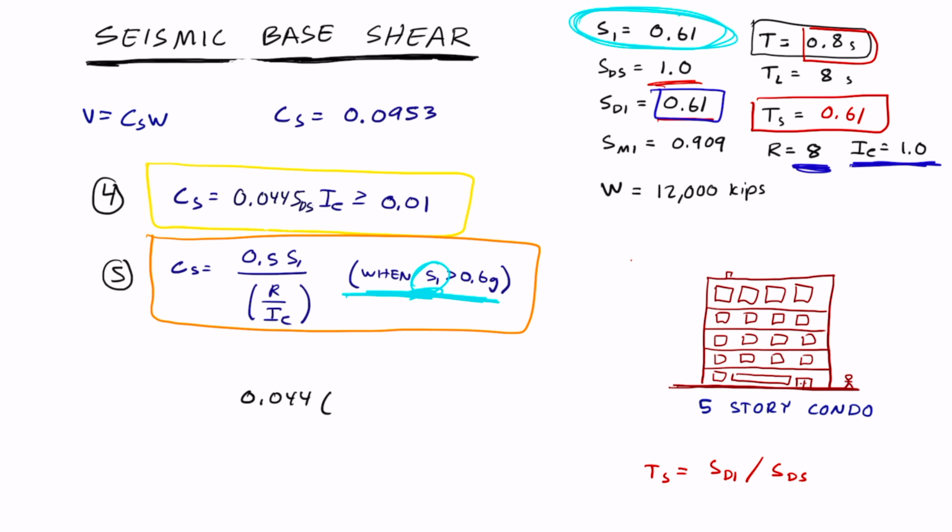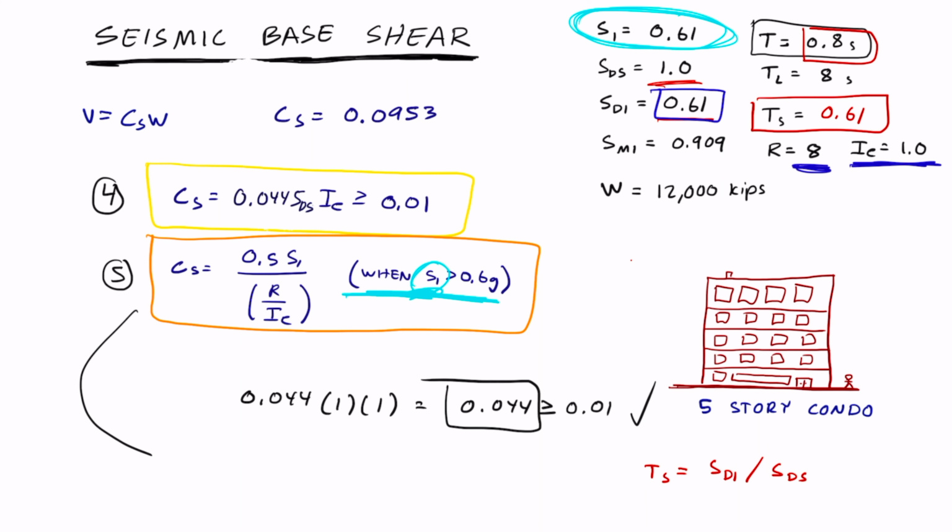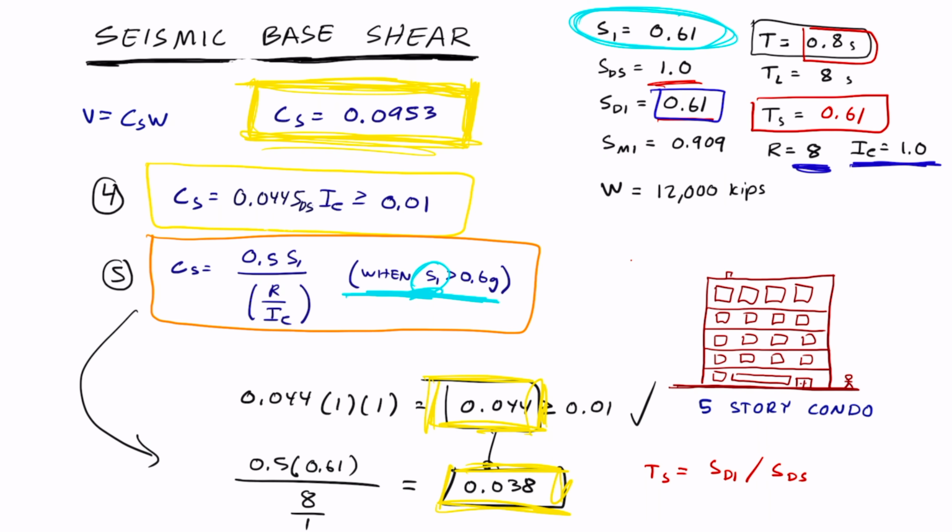0.044 times SDS, which is 1, times the importance factor of 1, equals 0.044. Now, is that greater than or equal to 0.01? Yes, it is greater. So let's keep this value in mind. Now let's check equation number 5. 0.5 times S1, which is 0.61, divided by 8 divided by 1. Plug that into your calculator and we get 0.038. So since neither of these lower bound equations is greater than equation 2, we know that CS is equal